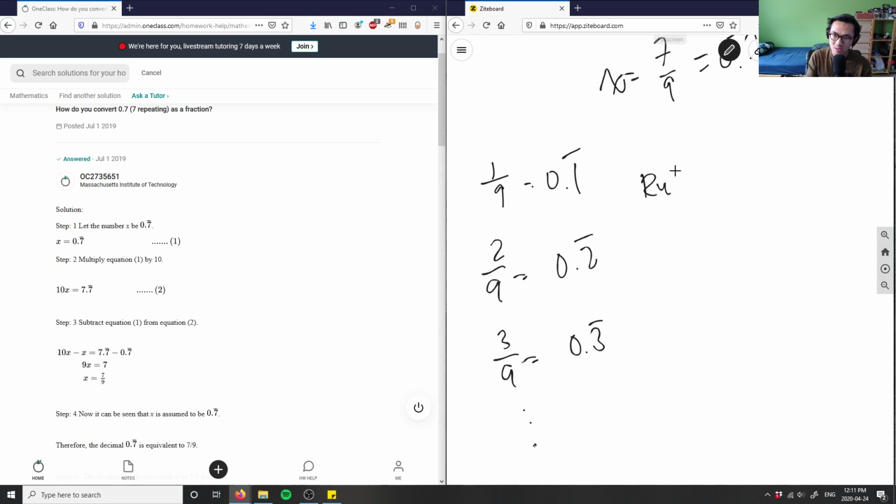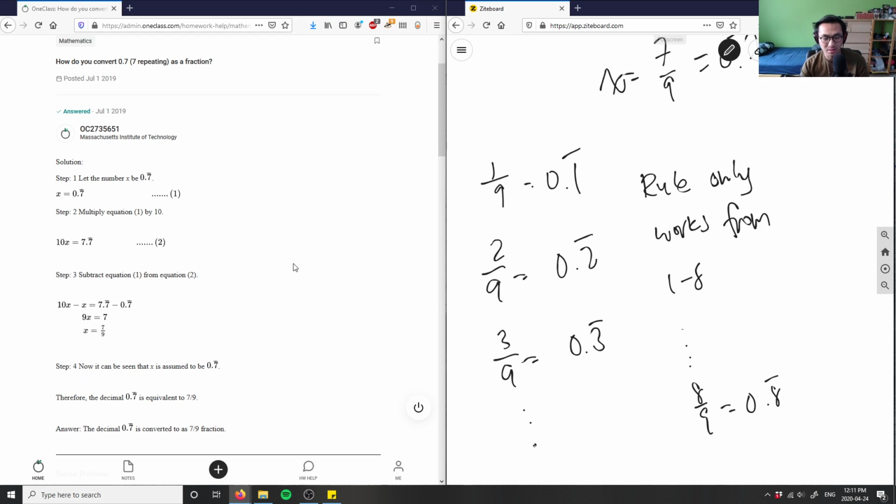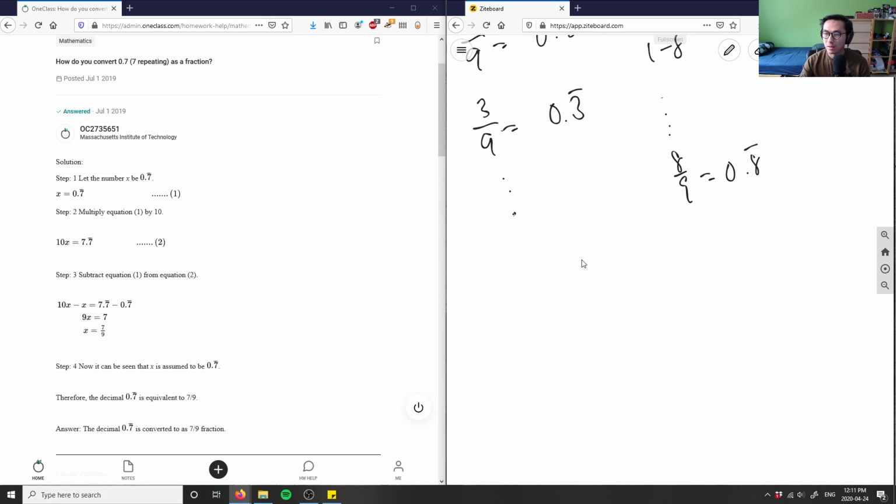This rule only works from basically 1 to 8, all the way up to 8/9 equals 0.8 bar. So that's the cheat here, which means therefore 7/9 has to be 0.7 bar. This is a cheat so I don't have to do the substitution. I can memorize this and say, oh, I know that the decimal here is 0.7, and I can always prove it to you, right? If I were to convert 7/9 back to a decimal,